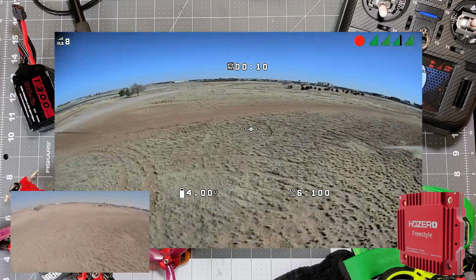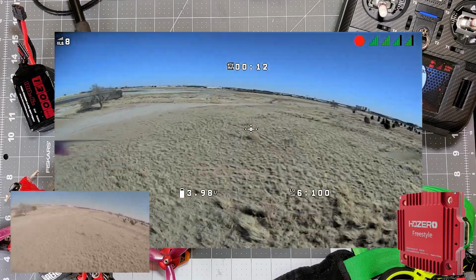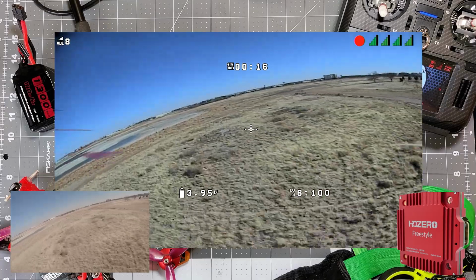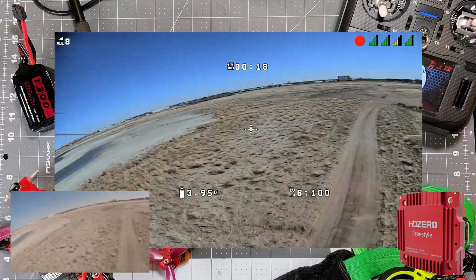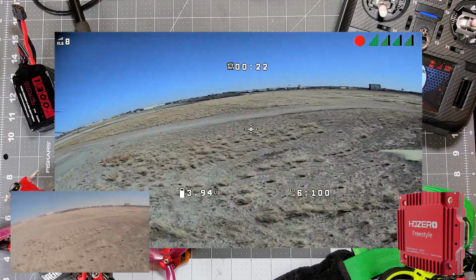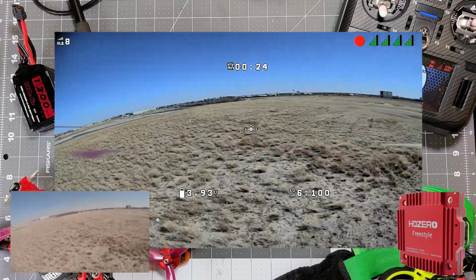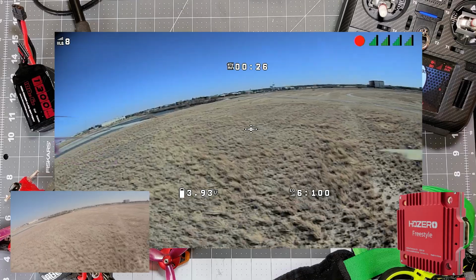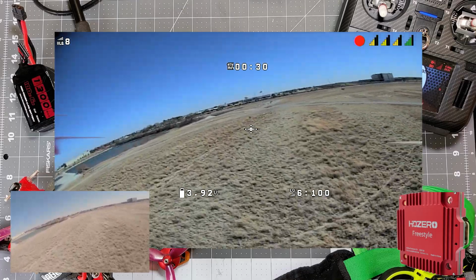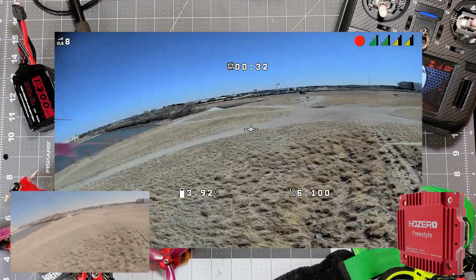All right, so I take off from the home point here. Video is nice and crystal clear. I'm not very far from myself. In the top right, the antenna reception is looking pretty good, mostly greens. I'm about halfway through the 1,800 feet here. There's going to be a road come up in the distance on the horizon, and I'm going to flip around when I get close to that point because I don't want to be anywhere near traffic. If we start to get closer to that, there's a few sparkles that come in,